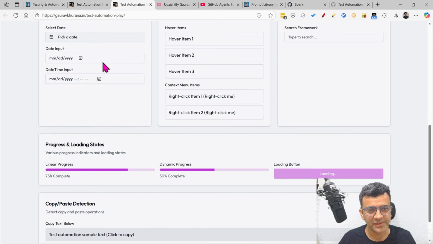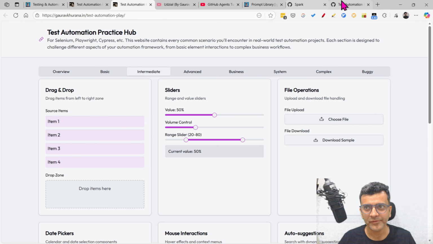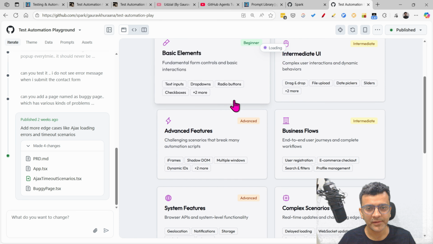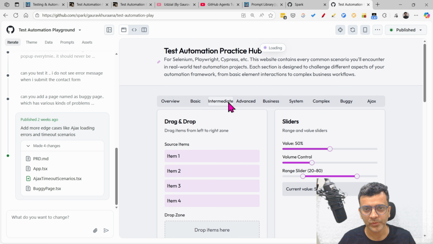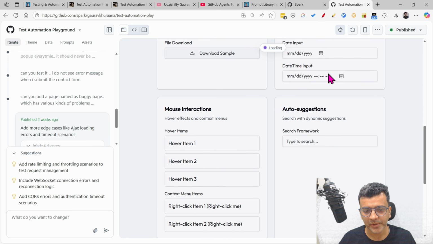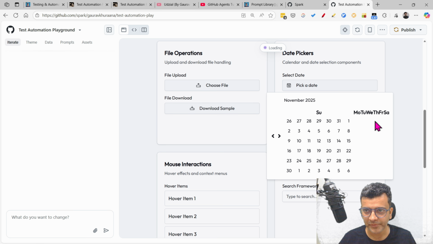I'll fix this one, and the right click is not working here. So these two problems I saw that AI has created. I can fix that also by giving the prompt here, which I have explained in the previous video. I can go to this particular section and check that this particular portion is not coming, or this is not coming in the right way. So I can give a prompt, and once the video is released, you will see that this is working as well.